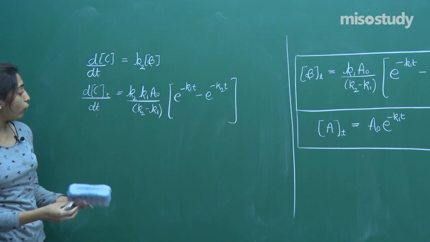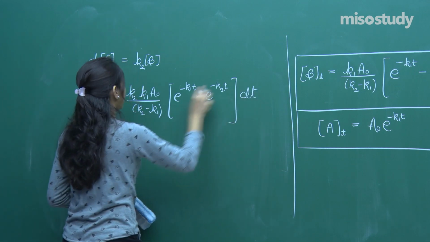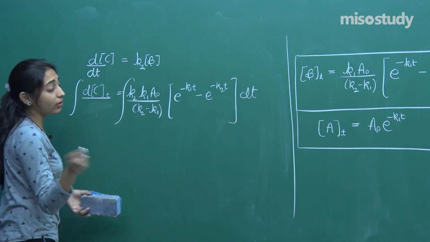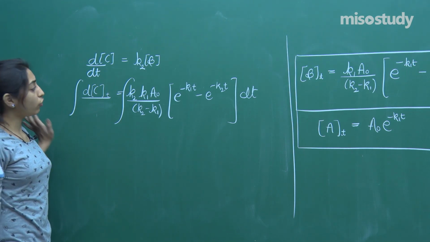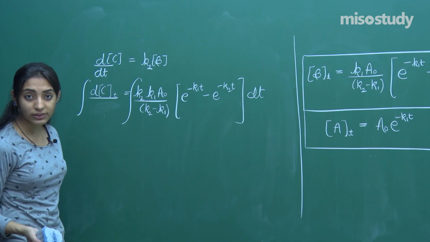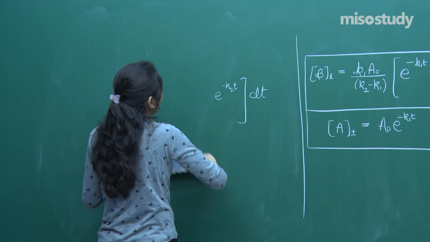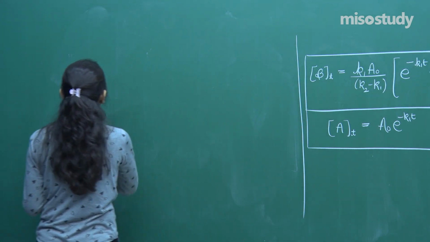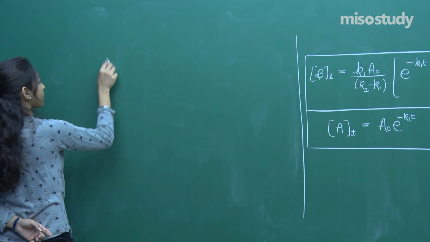Then what you need to do? Then finally you can take dt on the right hand side. Then do the integral, apply the constant of integration, and so on. So either you go by this method and you can come up to the calculation of concentration of C. But if you want to avoid doing the differential and integral again, you can use one very simple obvious result that we have already done.